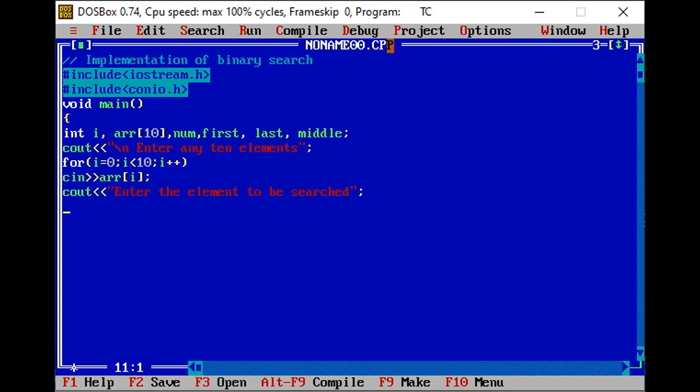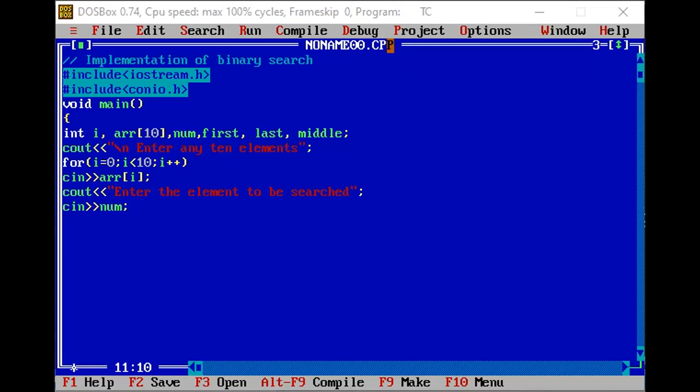I am defining that element with a variable, that is num. Okay, so we have included the element that we want to search with a variable num here.